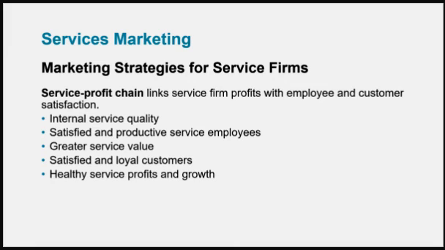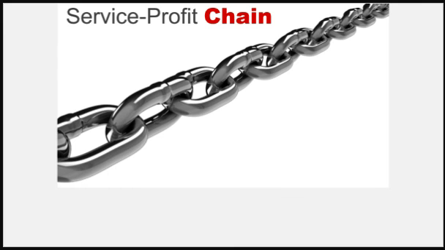So what is the service profit chain? Here, the service profit chain consists of 5 links. Internal service quality means that superior employee selection and training, a quality work environment, and strong support for those dealing with customers will result in